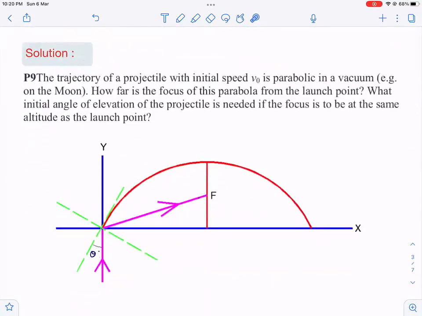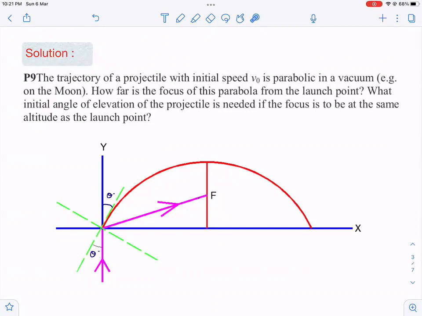Okay. So here, this is the projectile, right? You have to see where I'm pointing. This is the projectile. And this is the tangent at initial point. Fine. So I'm assuming that this angle is theta. Okay. So if this angle is theta, then that makes this angle also as theta, right? And this is the line which is perpendicular. Correct?